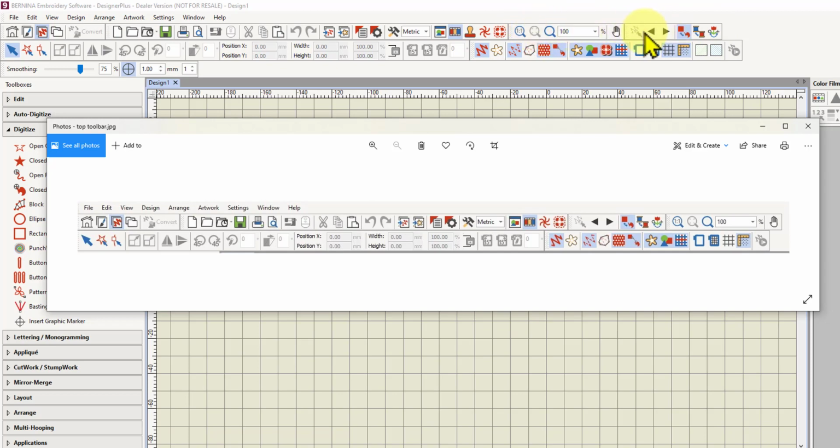So this allows you to travel through the design by colour or by object, or from one end of the design to the other in one fell swoop. So that's a very useful tool, and that's in both versions. Then we've got our zoom tool and panning tool, which is the same in Designer Plus as it is in Creator level. On the bottom row, I won't go through them all individually, but all of these are the same right through to